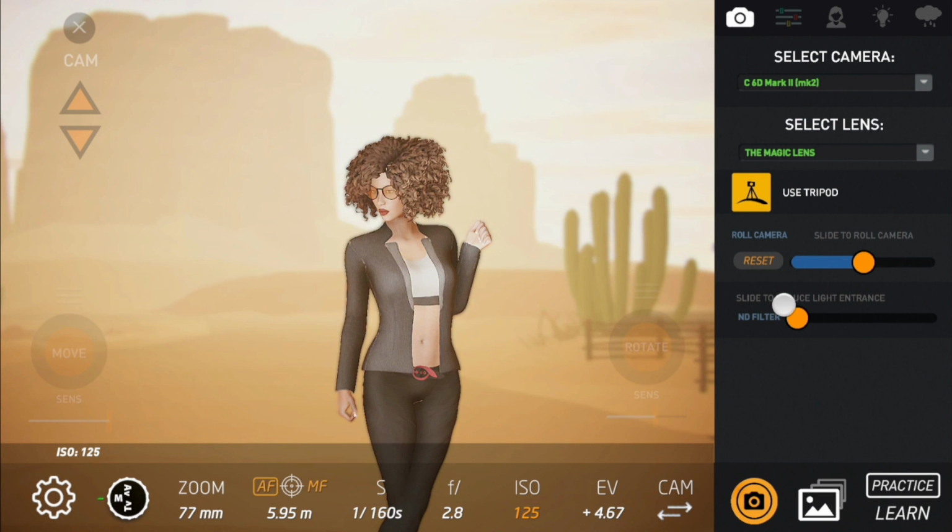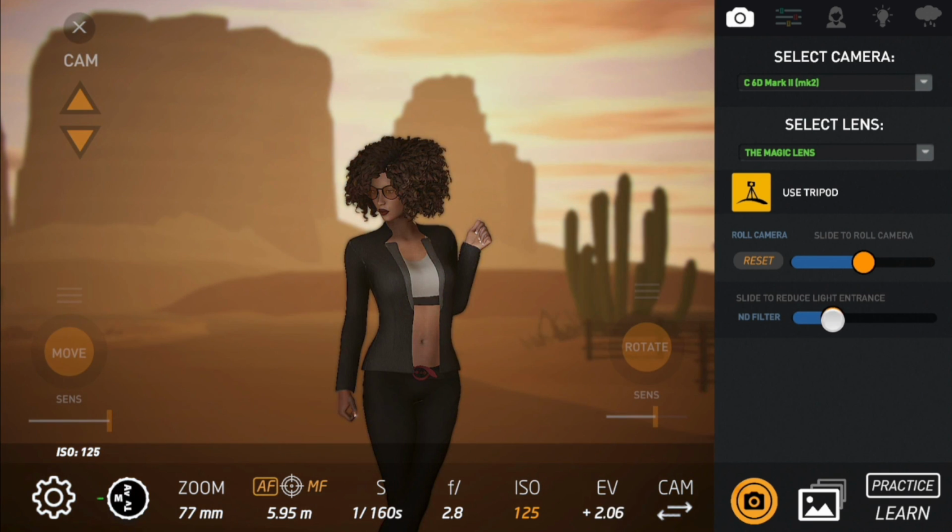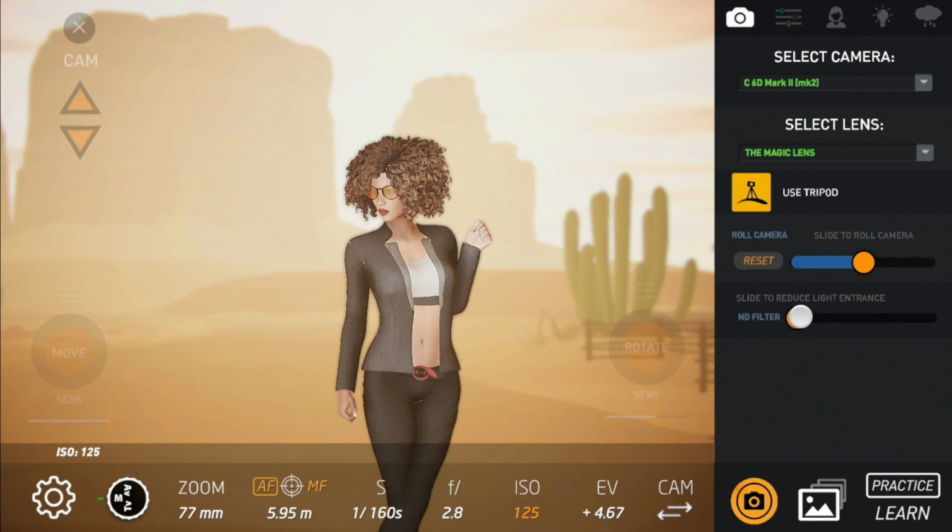Well, we have the ND filter. It's a filter that you put in front of your lens. So this is a variable ND filter where you can slide and you can reduce the amount of light coming to the sensor. So what you can do here, you can slide this ND filter,